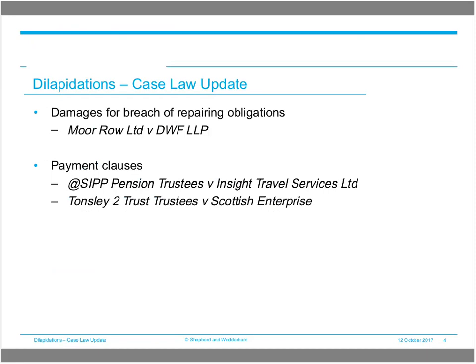Now, I've picked two cases from the past year or so to have a look at today, both of which deal with landlords' remedies for dilapidations. The first is Moore Row against DWF, which dealt with damages for breach of repairing obligations. The other one is Tonsley 2 Trust against Scottish Enterprise, and in looking at that, I'll also recap the appeal court's decision in APSIP against pension trustees, because the decision in Tonsley 2 Trust was very much influenced by that, and APSIP remains a very important case, not just in relation to dilapidations, but also interpretation of commercial